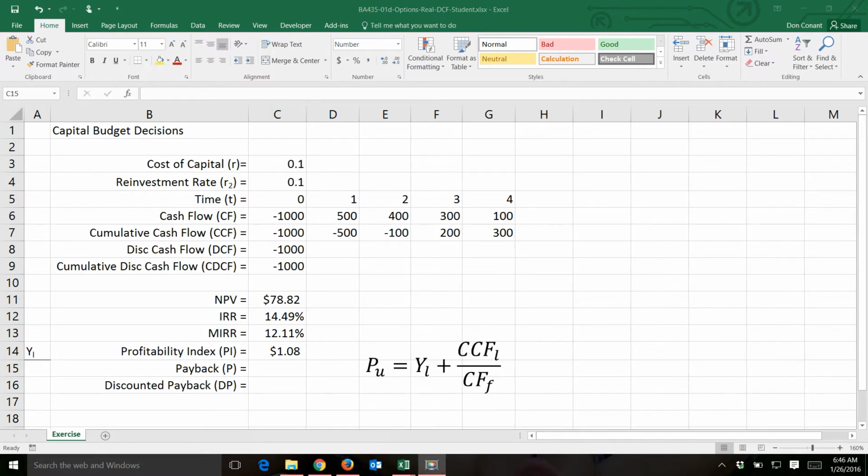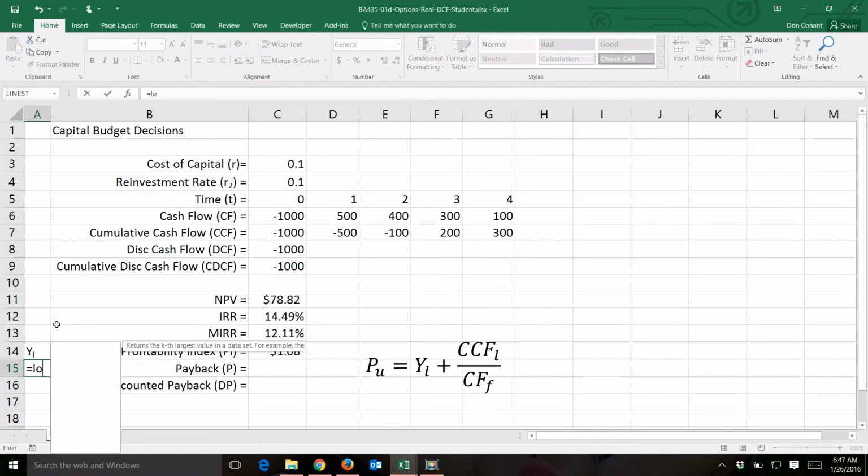Now to calculate the payback using undiscounted cash flows, so the undiscounted payback time, I'm going to solve this in two parts. First, I'm going to solve for the last year, and then I'll add that to these values. We're going to use the lookup function. What I'm going to do, I'll solve for the last year right here, and I'll put that value in there. To do that, I want to look up